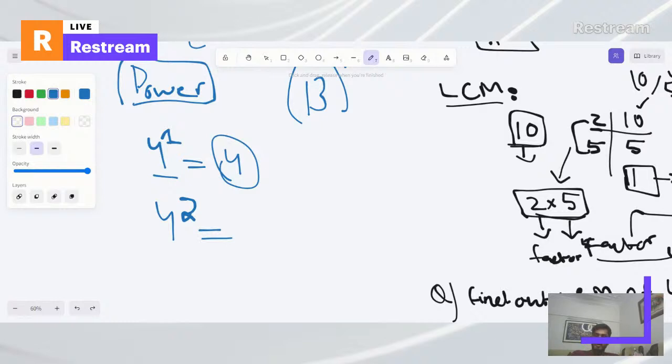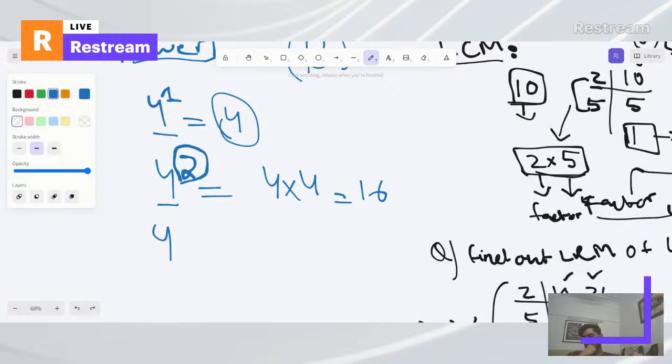What I mean by that is that 4, the base number, is going to multiply with itself exactly the number of times that is written here. So it's 2, right? So the base number is going to be multiplied with itself by 2. So 4 times 4, right? So the answer would be 16,